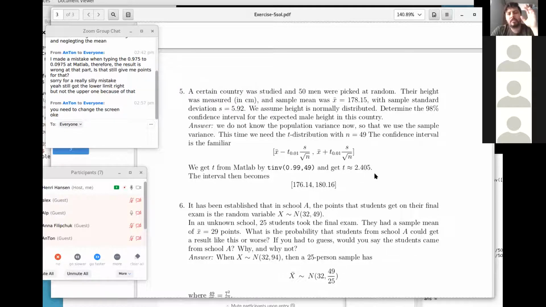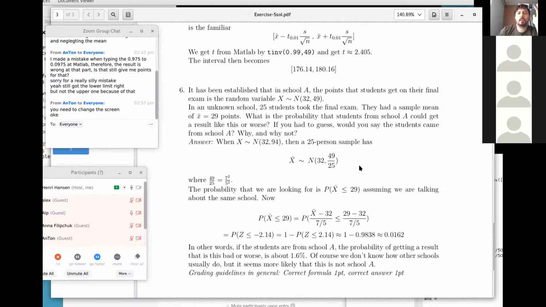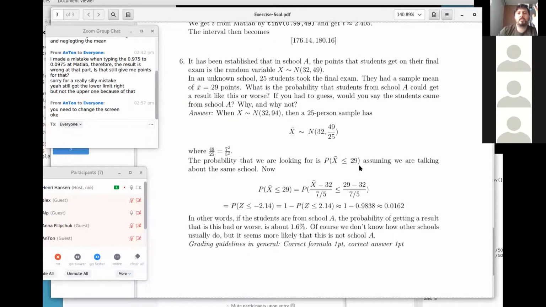So let's say that we've established that in a certain school A, the points of the students in their final exam is a random variable with expected value 32 points and standard deviation 7, but variance of 49, and it's normally distributed roughly. And we have one unknown school,